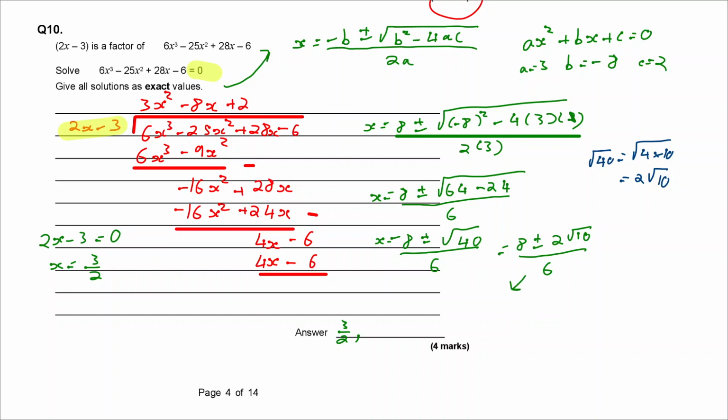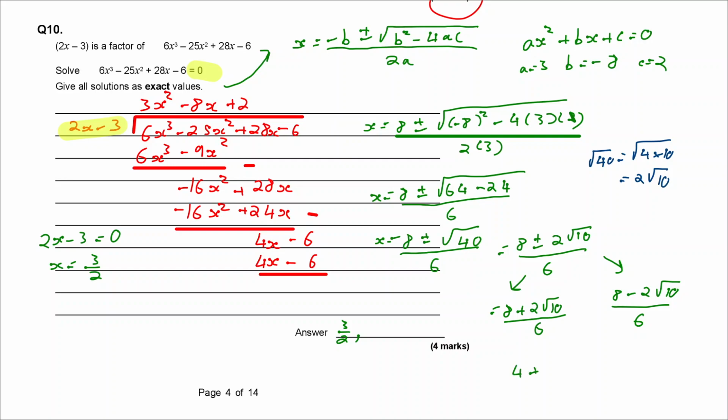I'm going to be getting x is equal to 8, either plus 2 root 10 over 6, and I can simplify this, as you'll see in a second, or it's going to give me 8 minus 2 root 10 over 6. Now this I can simplify, because I can see that 8, 2 and 6 all have common factors of 2, so I can divide everything here by 2, and that's going to give me 4